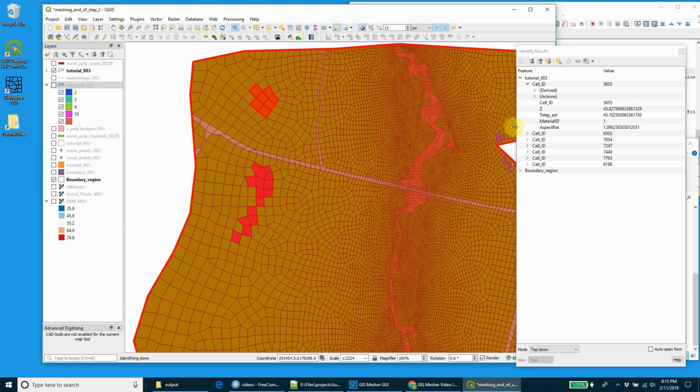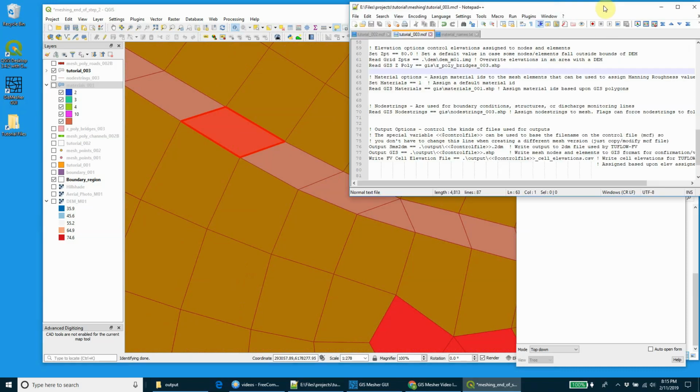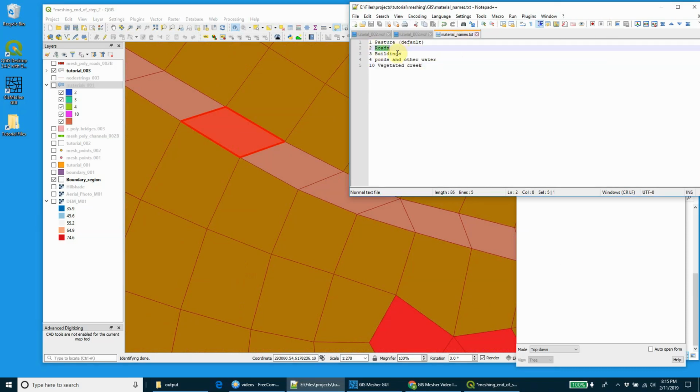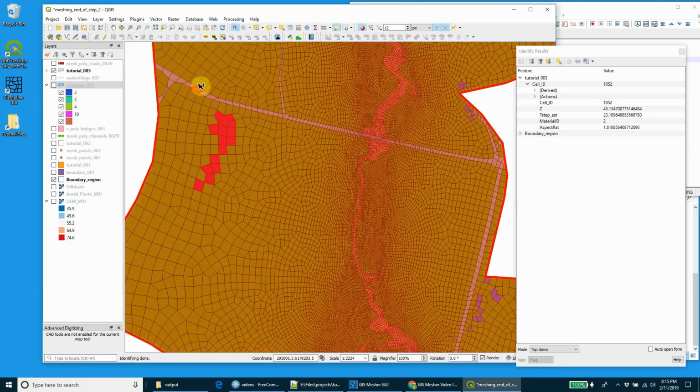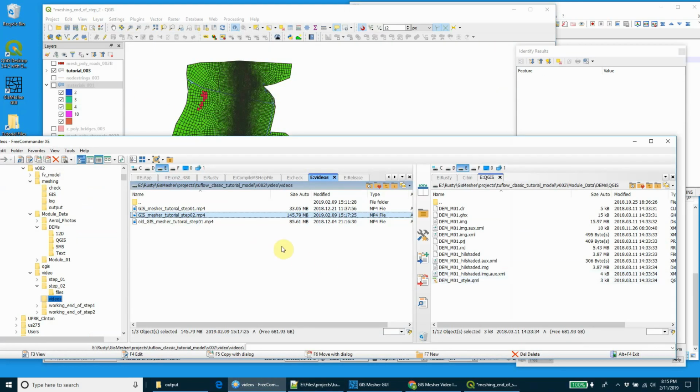We got lots of cell IDs. A lot of them got assigned a cell ID of 1. Our roads got a material, oops, zoom in here a little tighter, a material ID of 2. Hopefully that's, yep, that's what we said we wanted to have. So okay, so our materials got set up,